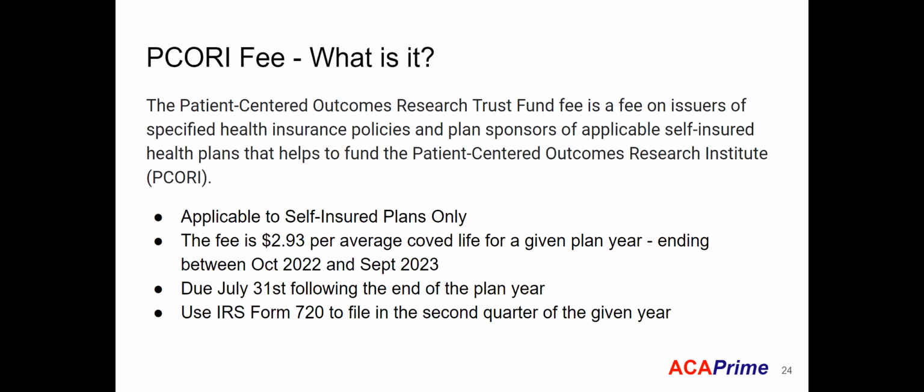PCORI fee, what is it? The Patient-Centered Outcome Research Trust Fund fee, the fee on issuers of specified health insurance policies and plan sponsors of applicable self-insured health plans that helps to fund the Patient-Centered Outcomes Research Institute, PCORI. Yes, that's a mouthful. Regardless, it's a fairly low-cost fee. Basically, it's only applicable to self-insured